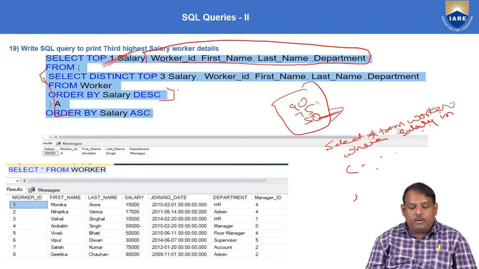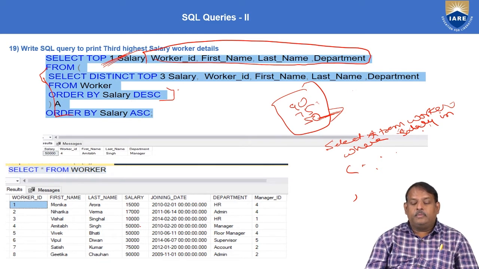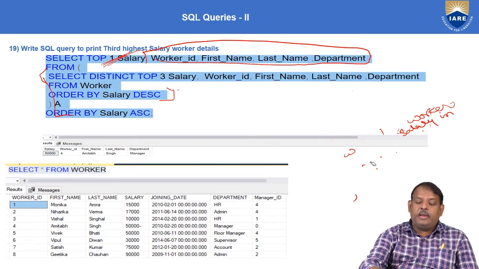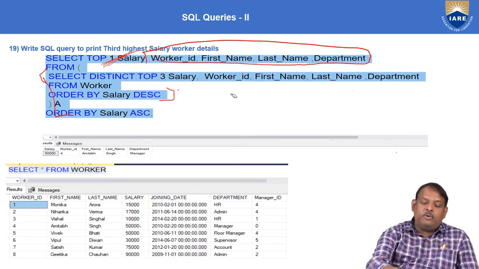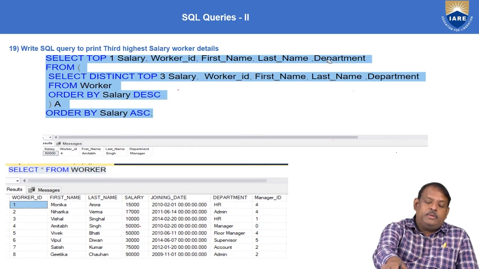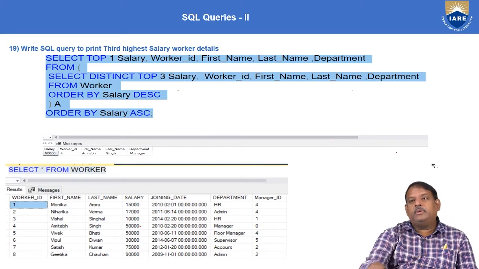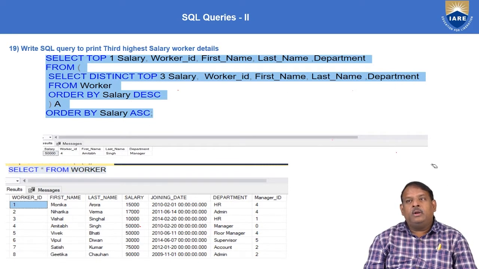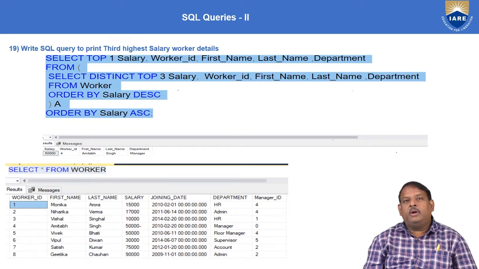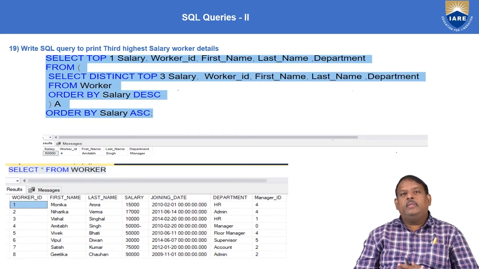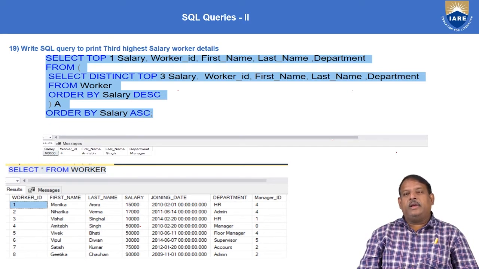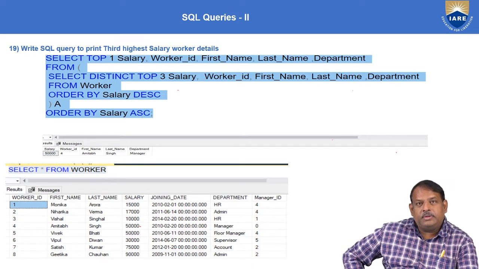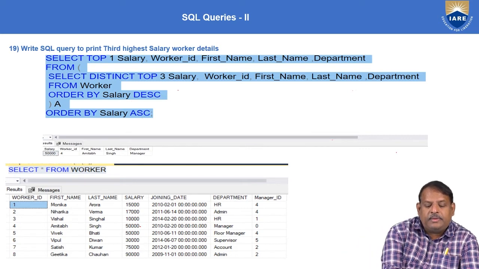This is how we are displaying the nth highest salary. We also have one more way of doing it, but this is a very frequent question. Just make sure you understand the logic correctly. For the nth highest salary, you have to use these conditions. So for the third highest salary,